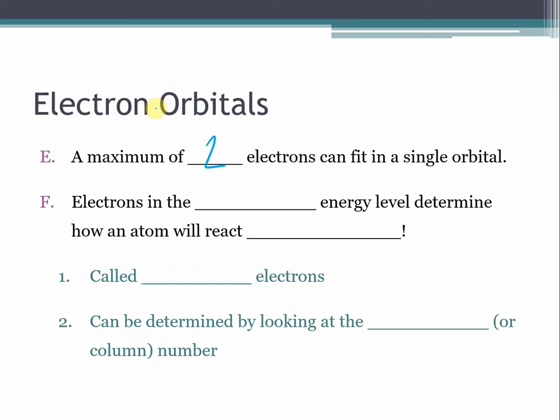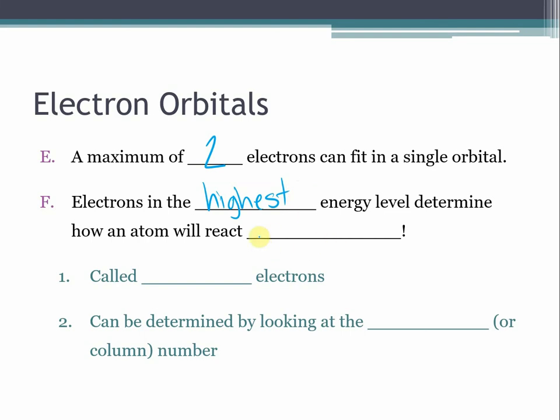Each orbital can hold a maximum of 2 electrons. Some might hold 1 electron, some might not hold any, but the most you can fit in any orbital is 2. And then last thing to say about these is that electrons in the highest energy level